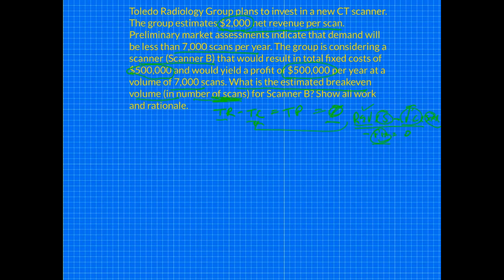So the first thing we got to do, same steps as we did before. I'll change colors here. We'll go to yellow. And we are going to solve for that total revenue right now. And we know that we're getting $2,000 per scan. We know there are 7,000 scans, or at least estimated. Running the math on that is going to be $14 million. Okay, so there's part one. Let's go ahead and plug that in and see what it looks like. So we got 14 million